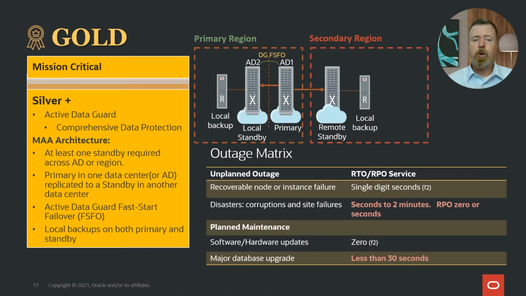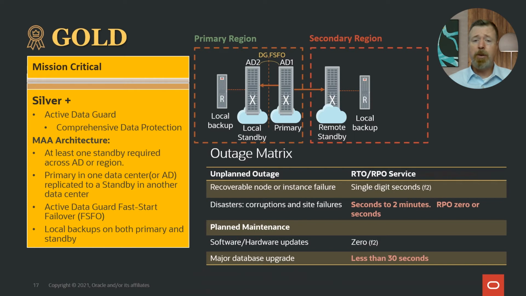All right, that takes us up to Gold. In Gold, Active Data Guard, so disaster recovery, comes into the picture at this point. I like to highlight why MAA is not just a technology, but also the configuration best practices around it. You can see that represented in the diagram. Active Data Guard, as I mentioned, provides replication and our DR, and has different protection modes associated with it. We have a primary region and a secondary region. Think of them as maybe hundreds or thousands of miles apart, so network latency is going to come into play with the replication.